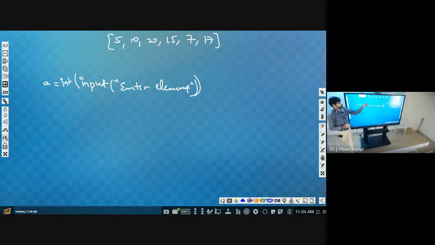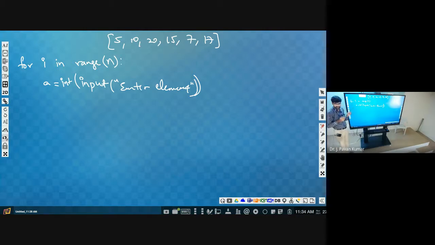So let us consider we want to take n numbers, like 6 numbers, n numbers we have to take. So n times we have to repeat the same thing, isn't it? So we will put this statement in a loop. For i in range of how many numbers we want to take here? 6. Like that, how many numbers we want to take, that we can mention. Range of n. So this loop will be repeated n times. The counter will start from 0 to n minus 1. So n times it will be repeated.